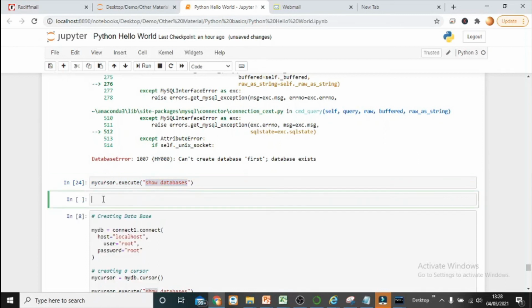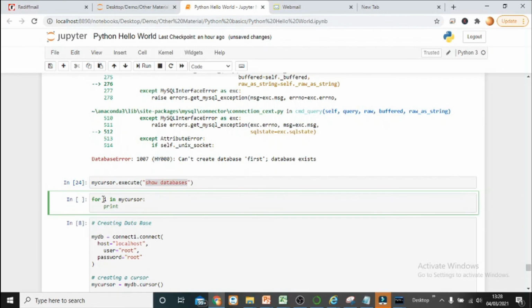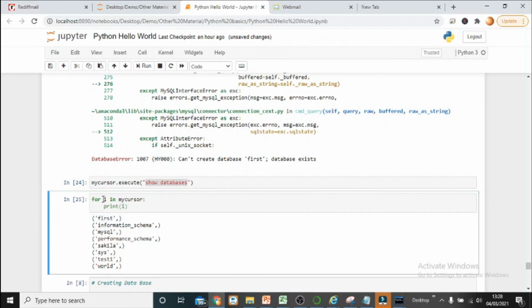If you want to check it, you have to run a loop. So for i in my cursor, print i. So you can see all the databases which are created in MySQL in front of you, and we have created our database which was named first. So first is also present here.